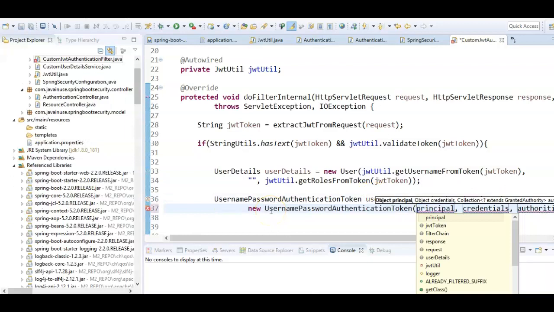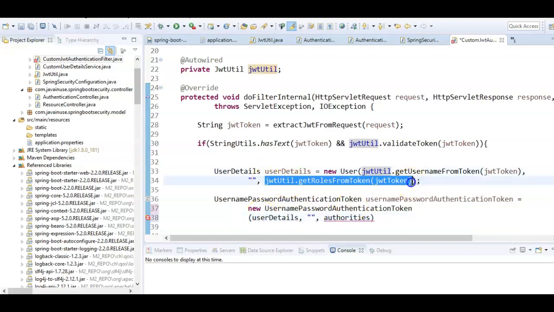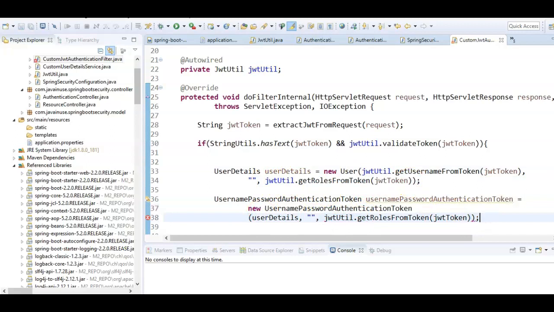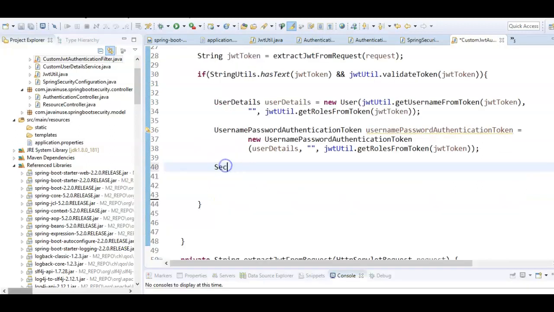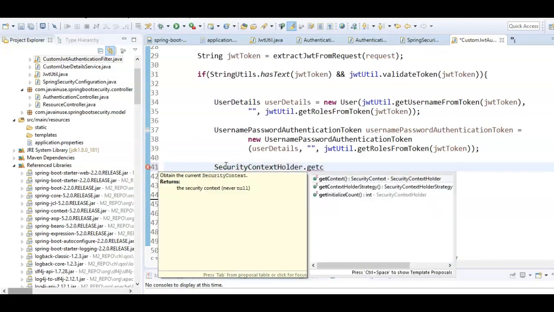To this object, we'll need to pass the parameters principal, credentials and authorities. So the principal will be the user details object, credentials will be blank, and the authorities we'll be fetching from the jwtUtil class. Finally, we'll be storing this created username password authentication token in the security context.